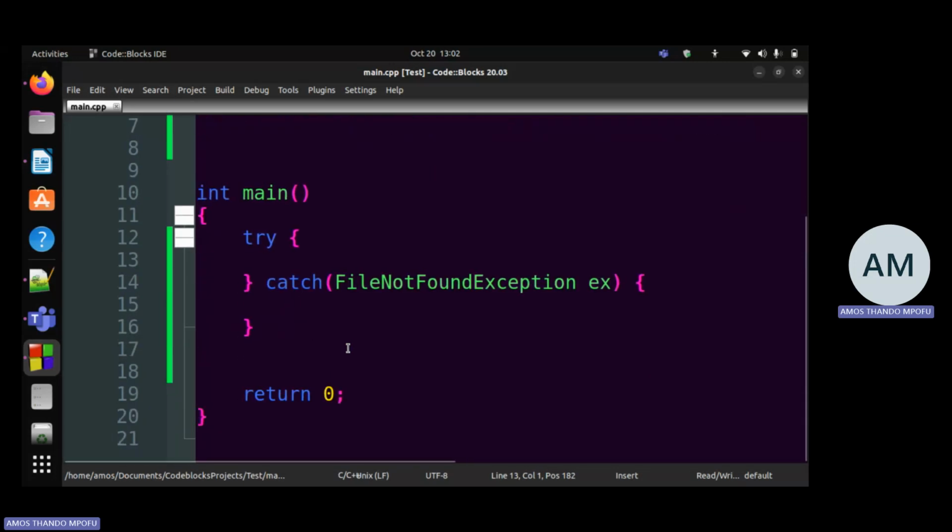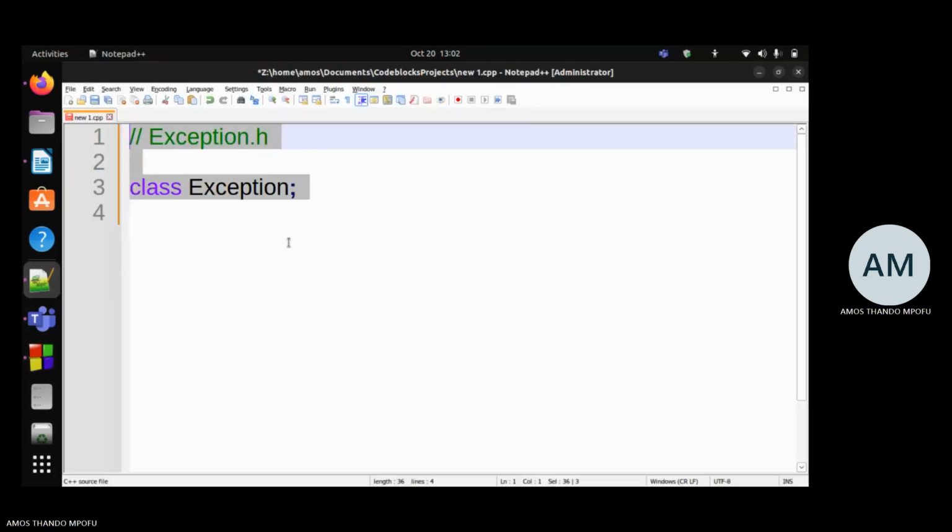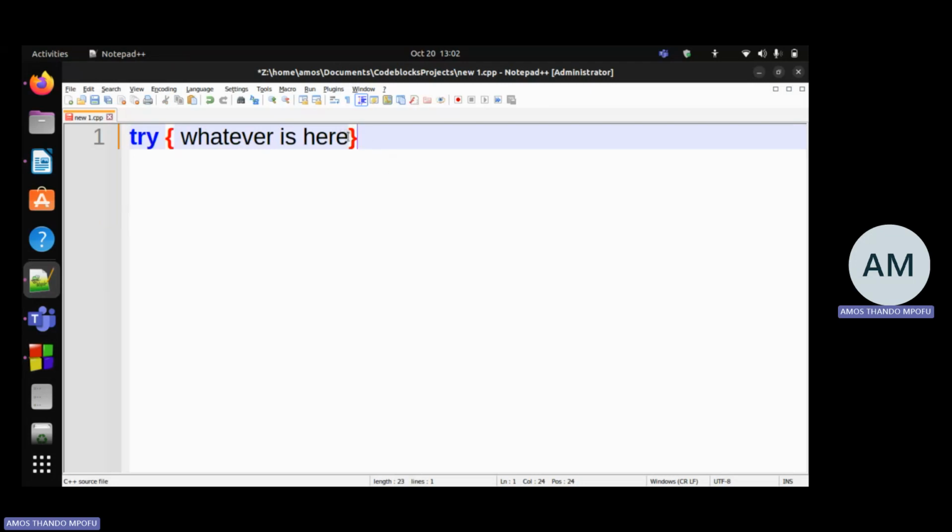So the try catch, what does it do? What try catch means is, try this, whatever is inside here, try that. Okay, try catch is basically saying, try whatever is here. Okay, let's just use Notepad for this. So try catch is try whatever is here